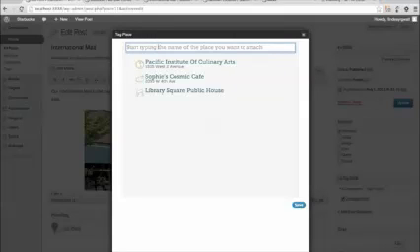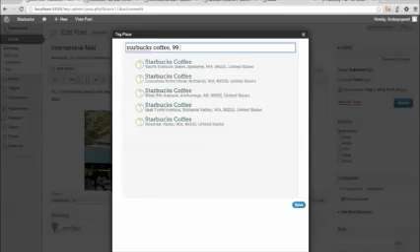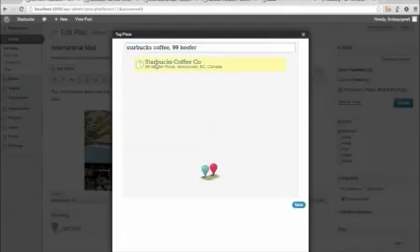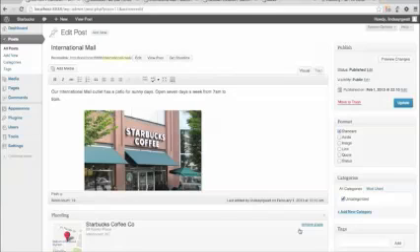You can now type in the location you're looking for. In this case, we're going to type in Starbucks coffee, and because there's so many of them, just give it the address to help narrow it down. Once I've found the one I'm looking for, I can click it and I'll see a preview of the actual place. Note that where it used to say Add Place, now it says Starbucks Coffee Co., and you can see